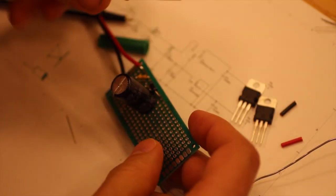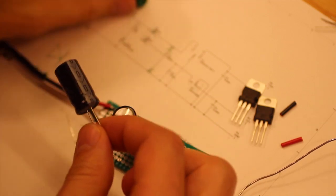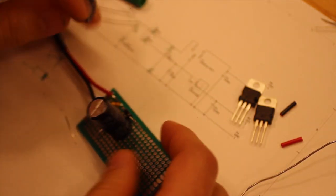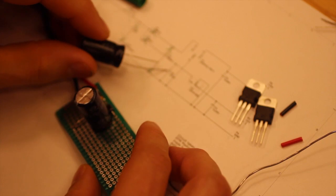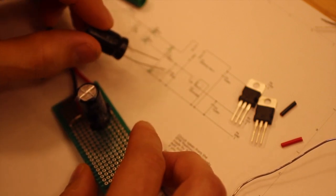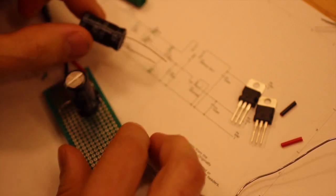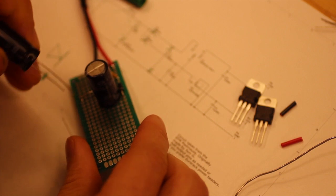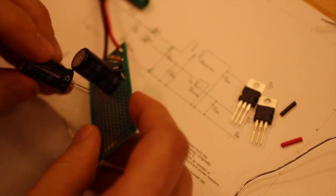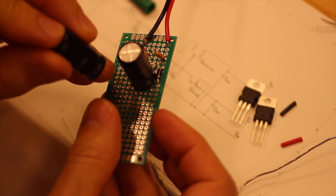Alright, so the next module is the second 470 microfarad, and that should go, because now we are talking about the negative rail, so that should be the positive side. The long leg should be on the ground side. So we have there,